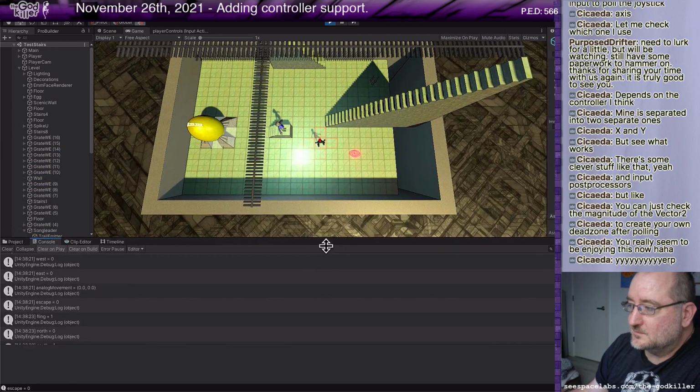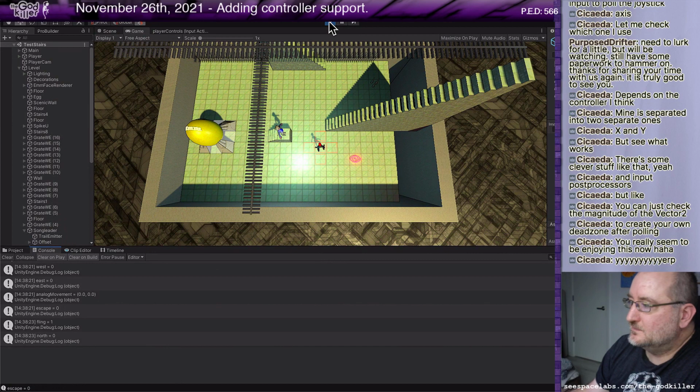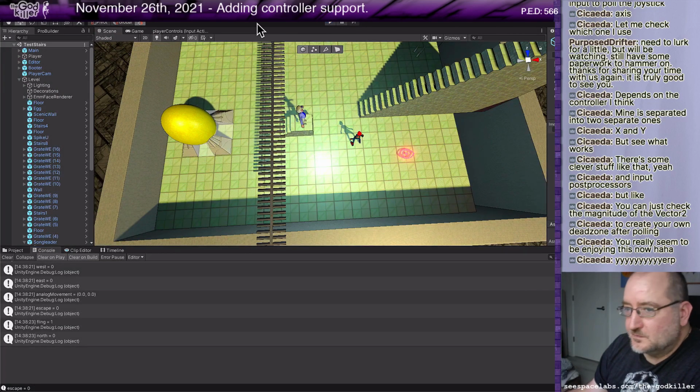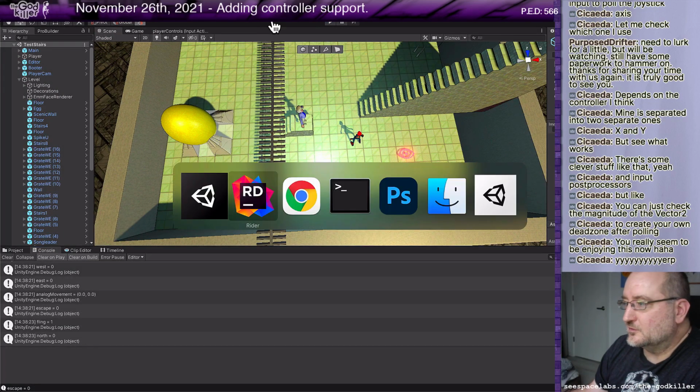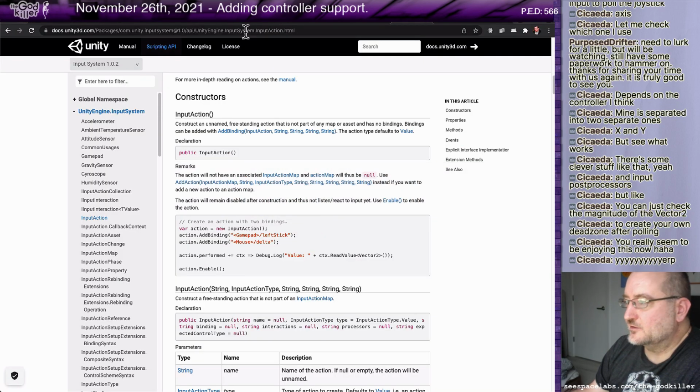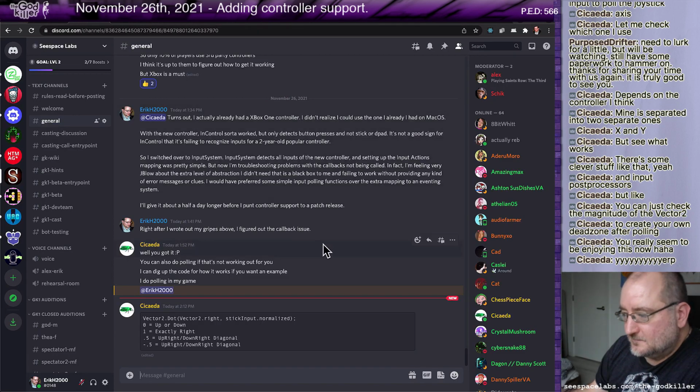So now, dead zone implementation. Let us take a look back at what Cicada wrote about the dot product. Dot 0 equals up or down. 1 equals exactly right.